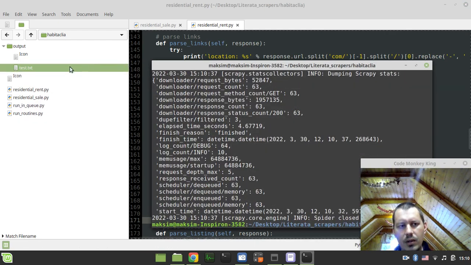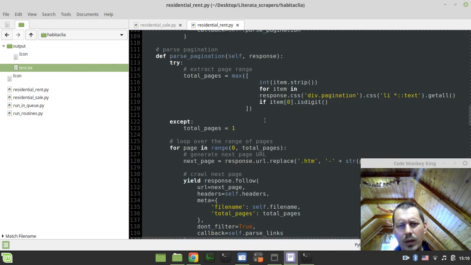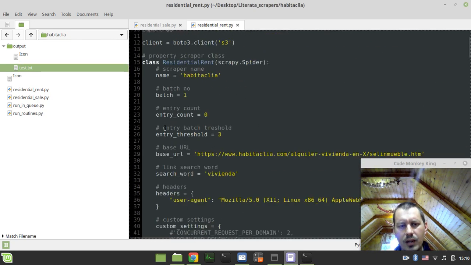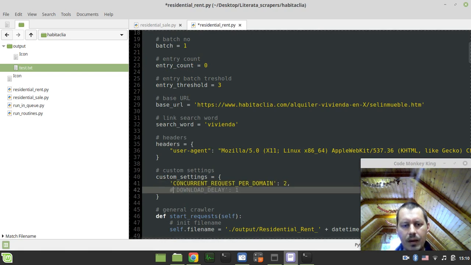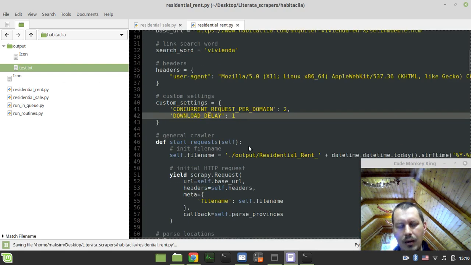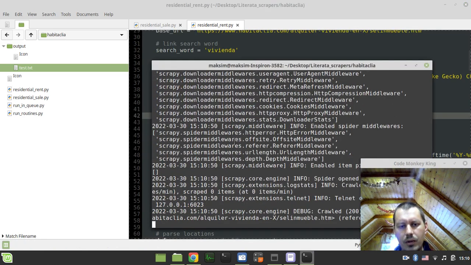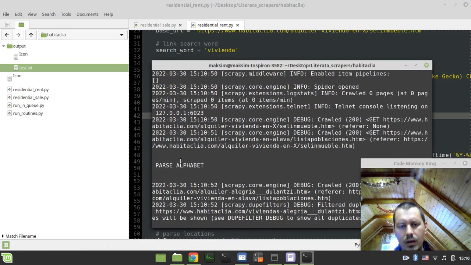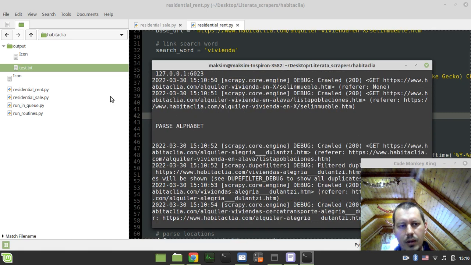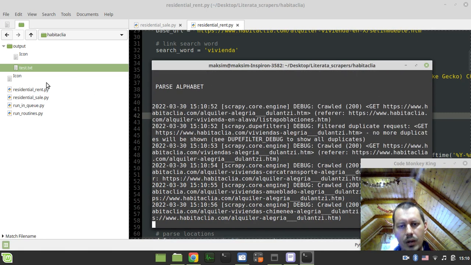Yeah, it worked. Why was it so fast? Yeah, that's the reason. It was just too fast. So let's go one more time. I want to get rid of this parse alphabet. We want to get rid of